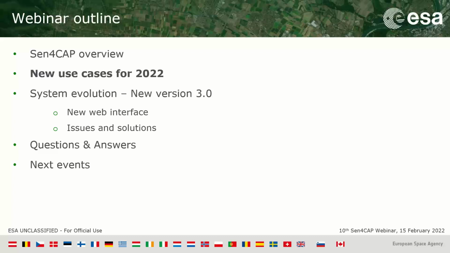So I will briefly explain you the new use case for 2022 and the system evolution with the new version and the issues that we have for the moment and a few solutions for them. So regarding the new use cases,